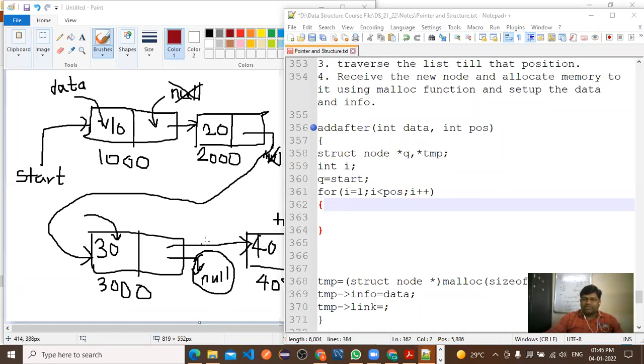You want to insert the 50 after 30. Then what is the value of POS? Will it be 2 or 3?